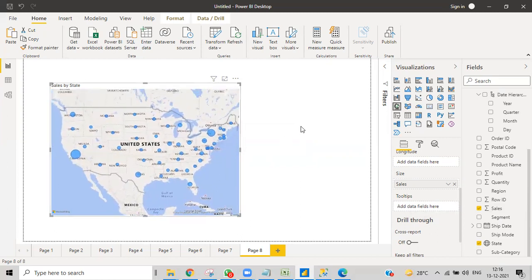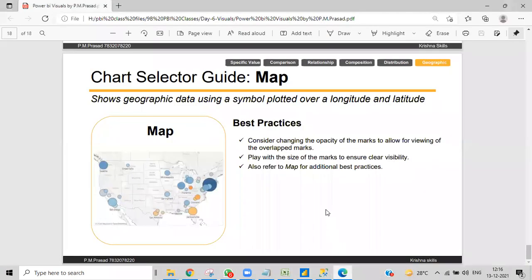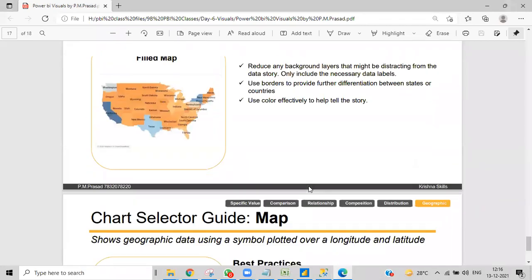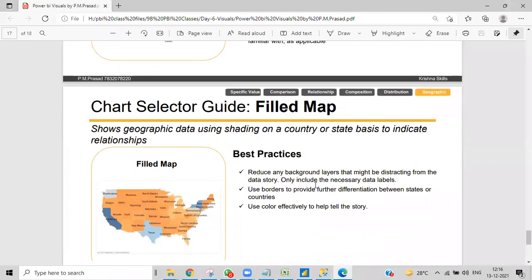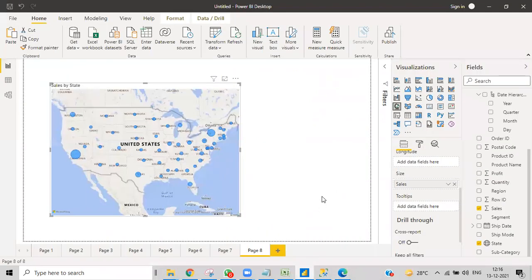In that way, at the same time, if you want to filter for year also, you can keep a slicer and then you can filter. This is for all the years, but if you want to filter, you can keep a filter over here and then you can slice and dice these values from the filter also, just like a slicer. Those are the important visuals that we do have, and we do have some other visuals that we can discuss from here also.